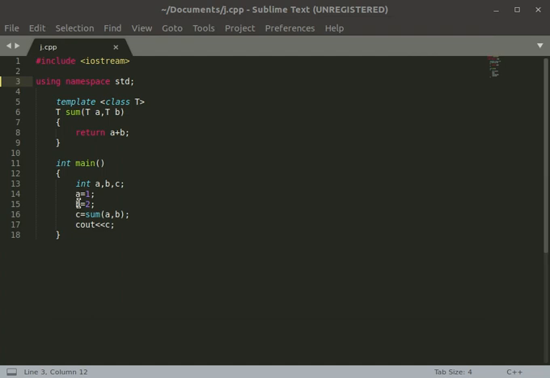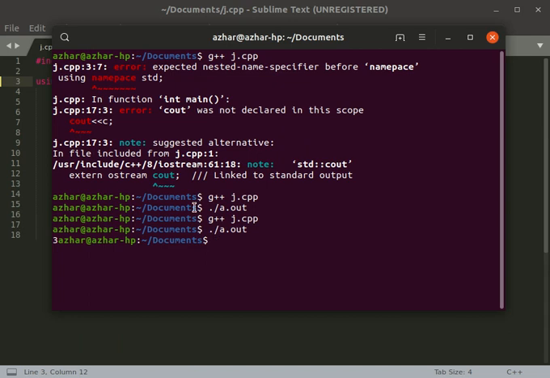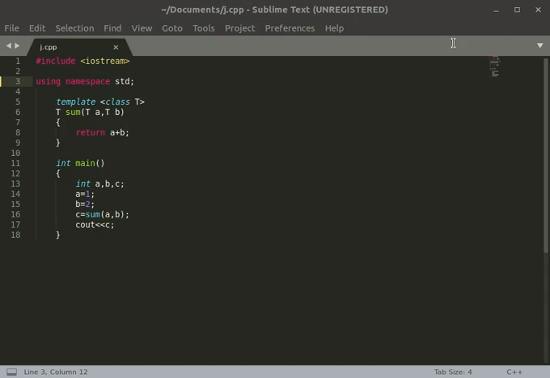I have given the values a 1, b 2, which were passed to sum, then it added them and returned the value, which came here and was stored in c, and the console output has just shown 3. So this was our template function.